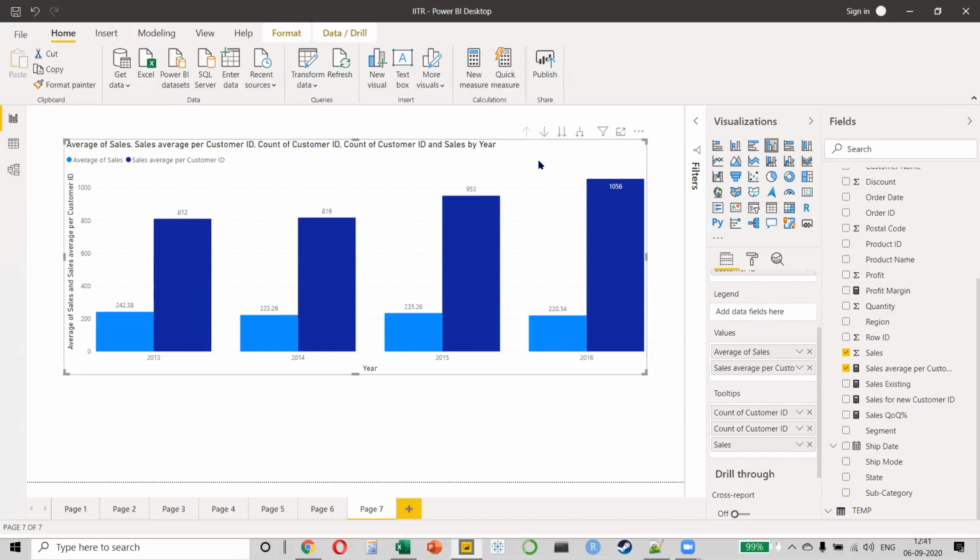That's the reason we find out the average, isn't it? Because when we find out the average, we are not taking into account the count at all. For example, in 2015 and 16, I can compare 953 to 1056. So what is my inference here? I will say that on an average, my customer total, which was 953 in 2015, has increased to 1056. But does it tell me whether the number of customers has increased, decreased, or remained the same? Absolutely not. That is not the purpose for which we are doing this. It would not be possible for us to do that.